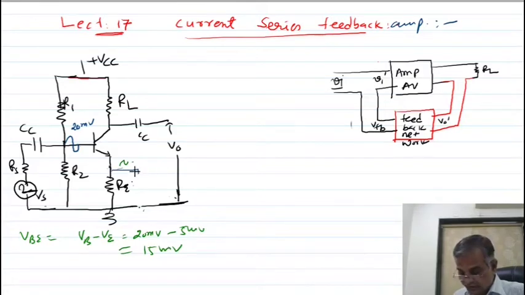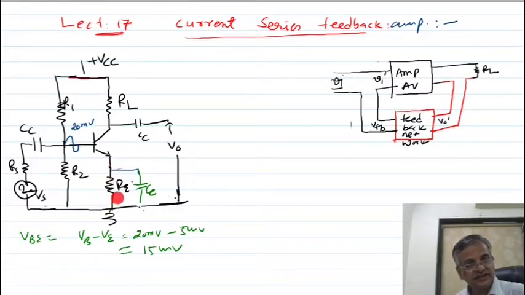What does it mean? It means when C is connected, this will not develop. AC voltage is not developed. What is your base emitter voltage then? The base emitter voltage is nothing but the 20 millivolt. Again, when C is connected, the base emitter voltage is 20 millivolt. Why is it so? Because whatever AC is here is bypassed through the capacitor. So there is no AC voltage here.